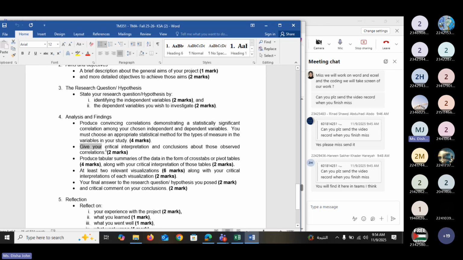Then give your critical interpretation and conclusion about these observed correlation. Here you write your comment. Okay, so again you write the same thing. If the p-value is less than 0.05, which means that there is a relationship, and if the test statistic is positive or negative or zero, so this interpretation can be written here. You have to write it again, then only you will get the 2 marks. Okay, then